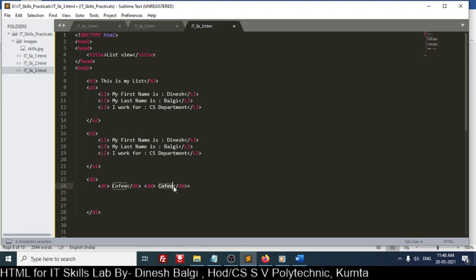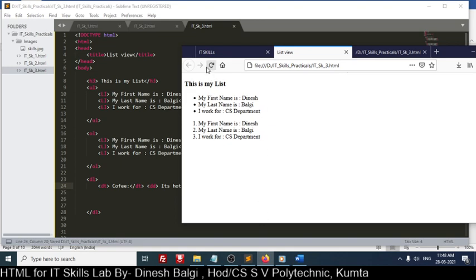Okay, it's a hot drink. Just make it a colon here. Now I will save the file and we will check what happens. We'll refresh it here. See, coffee is a hot drink.